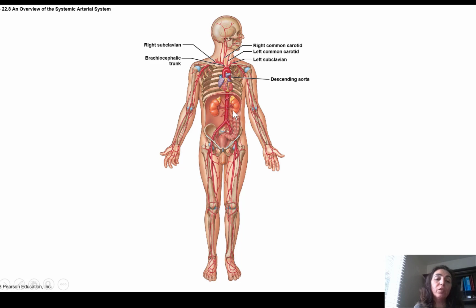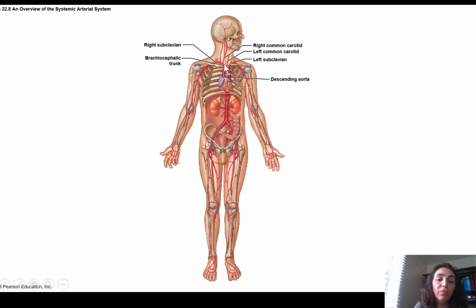So for each one of these, we go in more detail in the lab, and you have the list of all the arteries that you need to focus more in the lab. But pay attention that you need to know those vessels for the lecture purpose. And here you see the branches of the